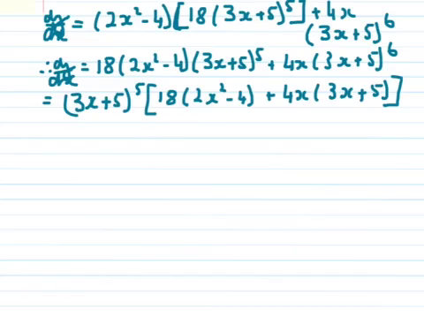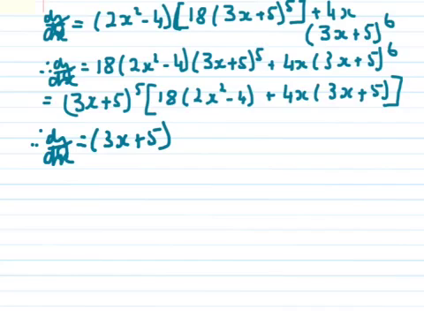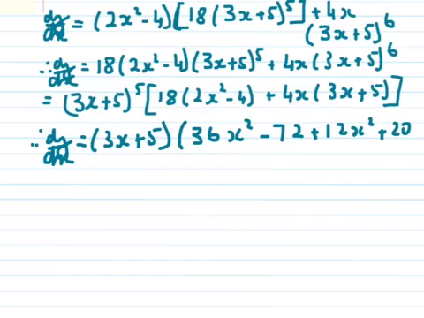So, let's take it to the next step. Let's just put a dy dx back in so we don't lose track of that. Equals 3x plus 5. Now, what have we got here? Well, we've got 18 times 2x squared is 36x squared minus 4 lots of 18, or 2 lots of 18 is 36, and double that, you get 72, plus, what I've got here is 4x times 3x is 12x squared, plus 20x, just squeaking it in there like that. And therefore, dy dx